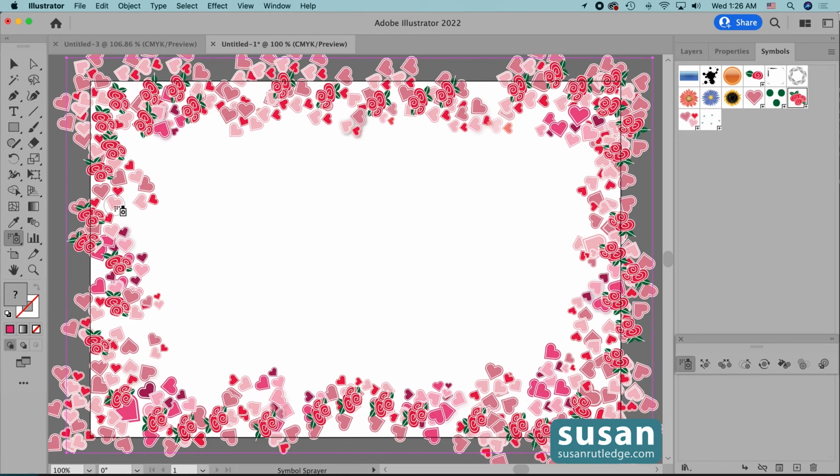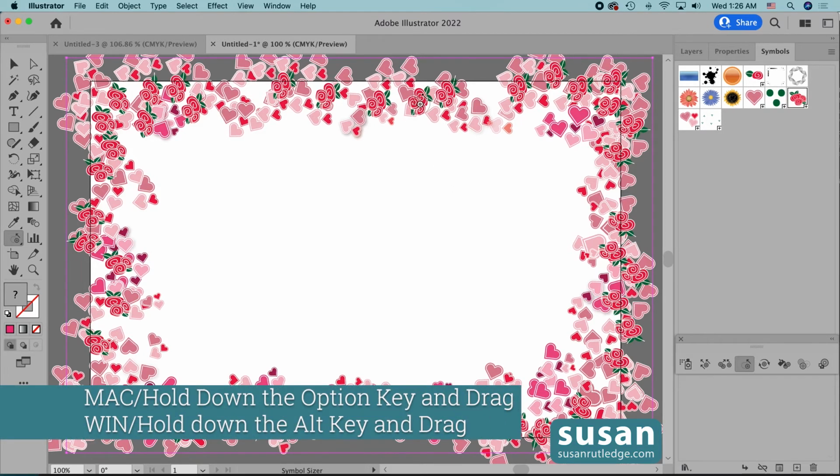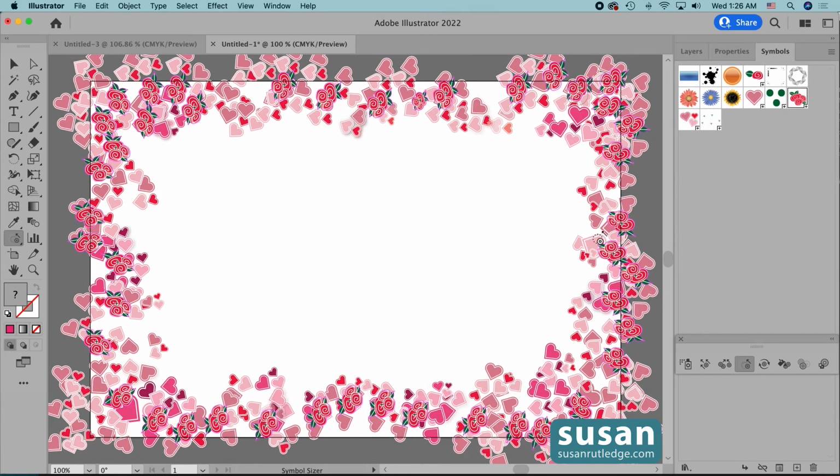And then I'm going to begin to edit these. Well, I'm actually pretty happy with the location of these right now. So I'm going to come on over to the Symbol Sizer tool, click here, and I'm going to hold the Option key down because I want to make some of these a little smaller. I'm holding the Option key down. If I wanted them larger, I'll let up on the Option key and just